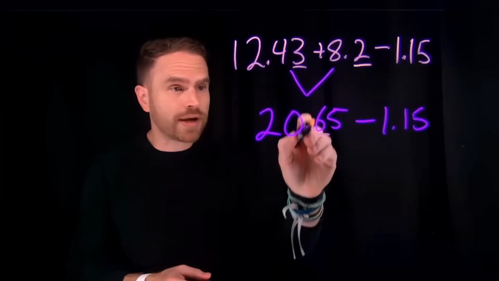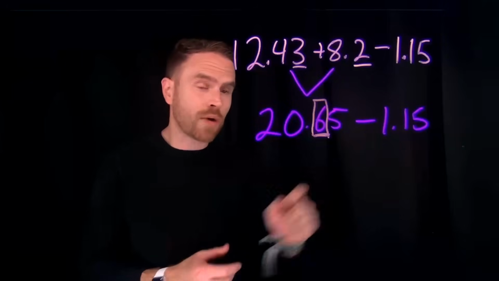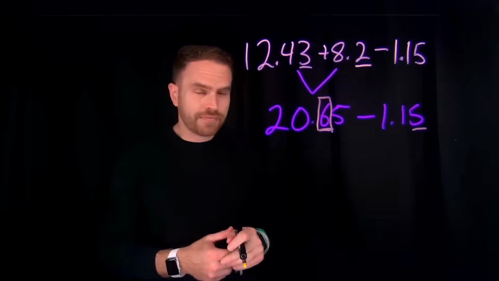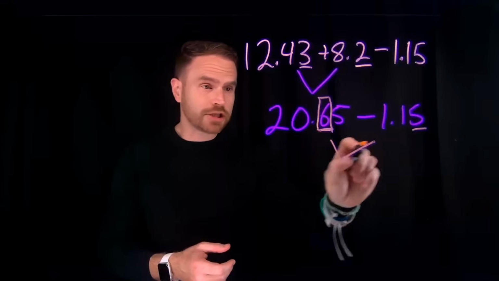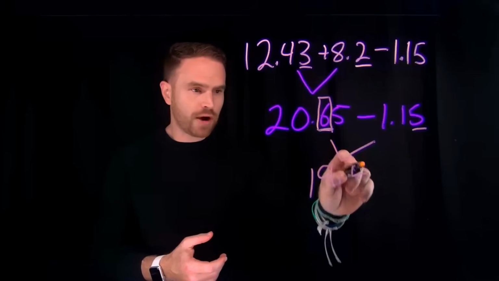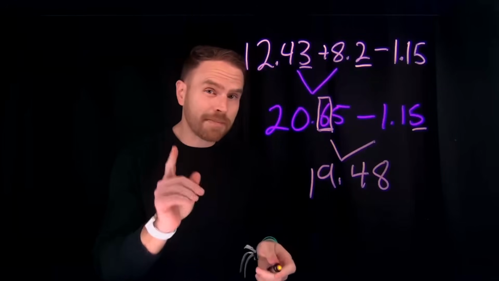However, this one is the last significant one. And notice then I'm going to subtract 1.15 from that, which goes to the second decimal place. And when you perform this calculation, you see that this ends up being 19.48. And this is important because now we can round, but we need to make sure that we round to